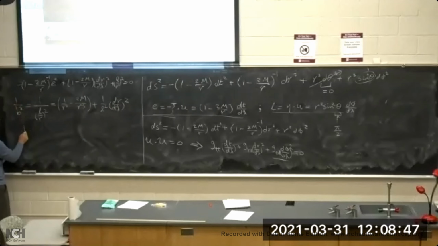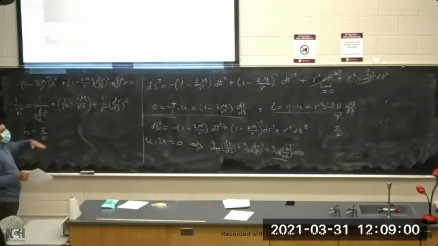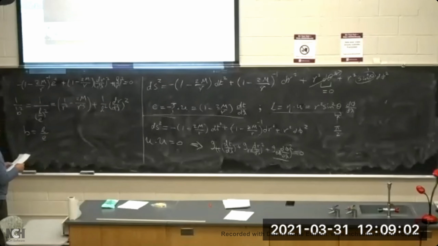We define it as L over E, not L over R. Over B, yes, over B. Sorry. We define B is equal to L over E, and we will find it later. It will be the impact parameter. As we see also here, if we need to compare it